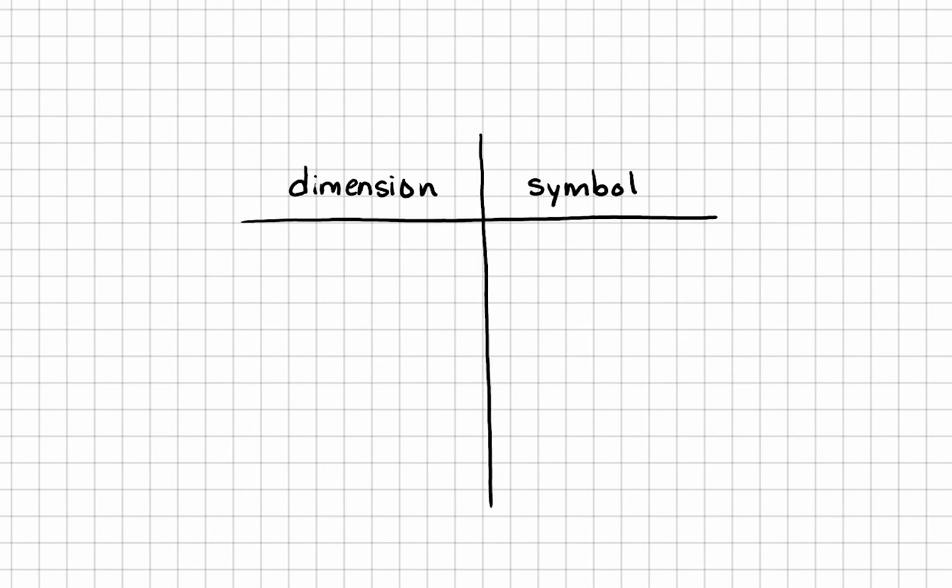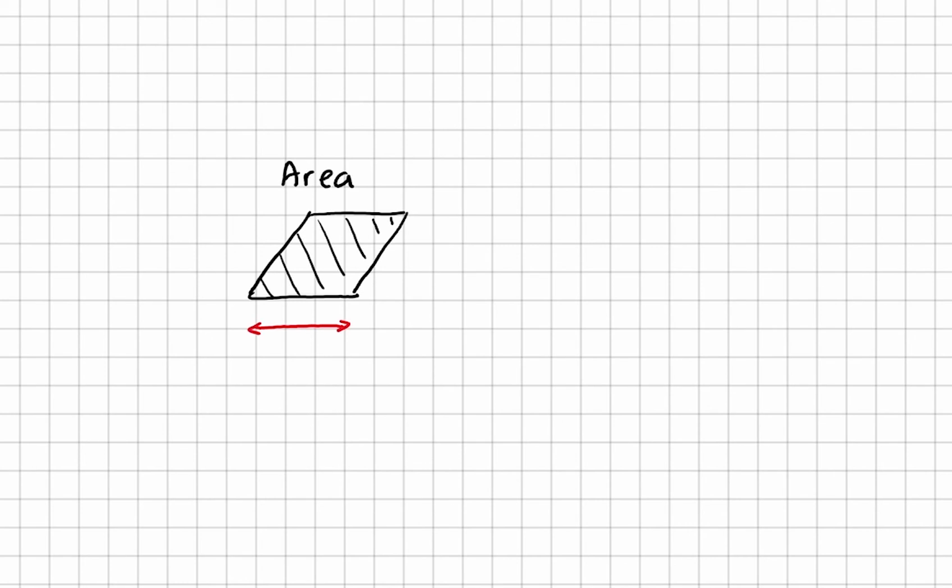We don't always have to use units in dimensional analysis. As the name of this method suggests, we can use dimensions instead. Any mechanical quantities can be represented by the dimensions length, time, and mass. So these dimensions can replace meters, seconds, and kilograms. For example, area is length times length. So we can say that the dimension of area is length to the power of 2, L squared. We tend to use square brackets when referring to the unit or dimension of a quantity.